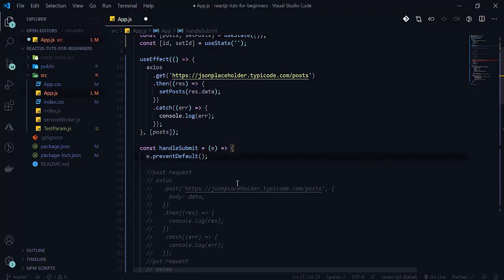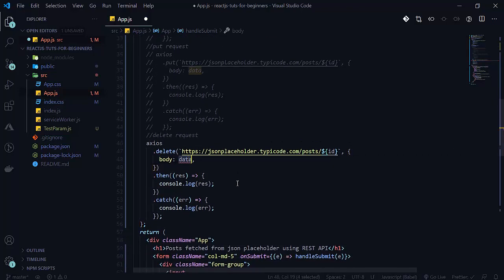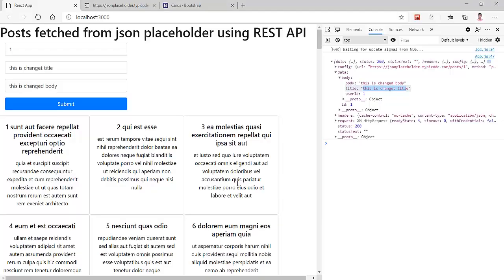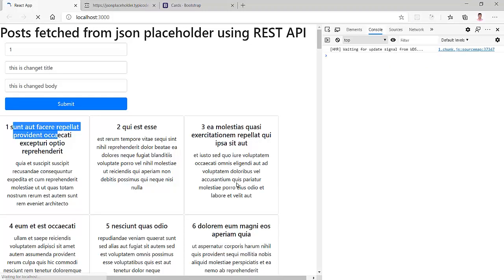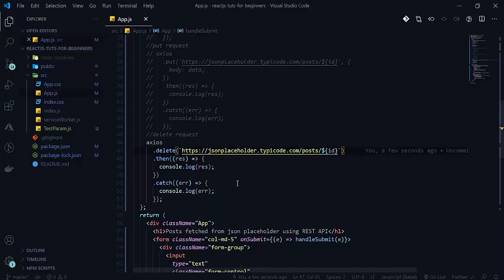We don't need to mention any data here because this delete request is like our get request. When I save this, I want to delete the first element, so let me update this. Here will be our delete.